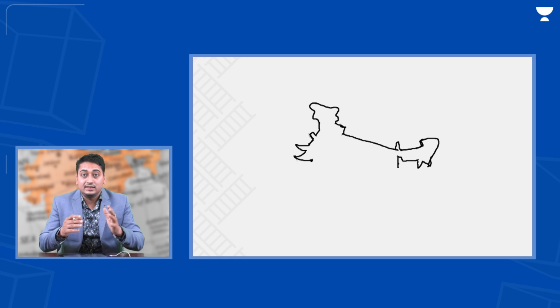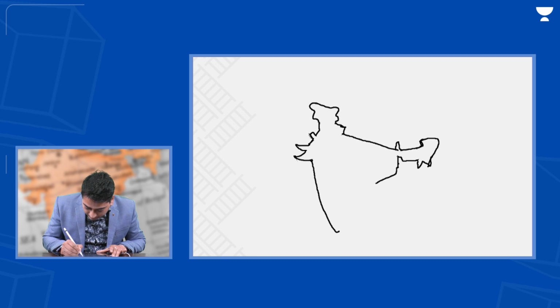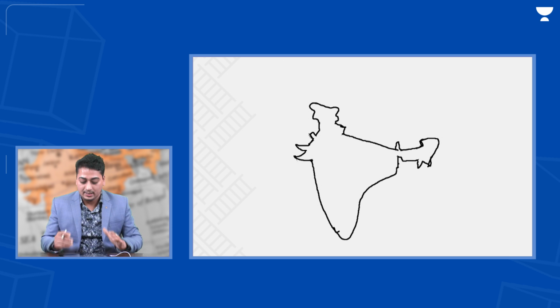Now we have to make South India, the lower part, the one which touches the Indian Ocean. We go straight. The left side would be very straight. For the right side, we have to make certain curves. First a curve like this, and then we make the map like this. So this is India's map, and we have been able to make it very fast.